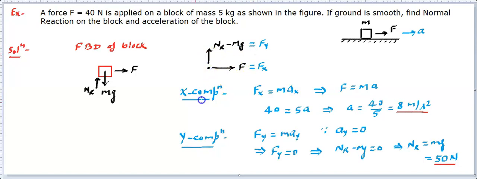So after writing that, look at the x component, what happens in the x component, whether it is accelerating or whether it is constrained not to move. If it is accelerating, you can write F equal to ma, find a. In the y direction, it is constrained not to move. And the question will not say that it's not going to move in the y direction. We need to see it, because this is a block with a force applied in the horizontal direction. So definitely if it is going to move, it will be moving only in the horizontal direction, not in the vertical direction. So that is what we need to interpret.